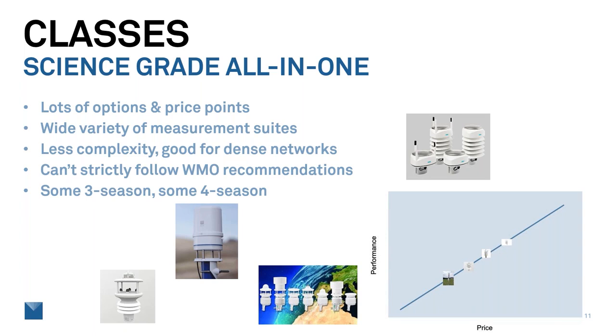These all-in-ones are really, really nice from an installation and often a maintenance standpoint. Very much less complexity than a custom station or a WMO station. And so they're a pretty good option for dense networks. What you're seeing recently is the WMO class stations make up the backbone, but then the spatial gaps between those WMO class stations are filled in by the all-in-one stations to give a denser network and much richer